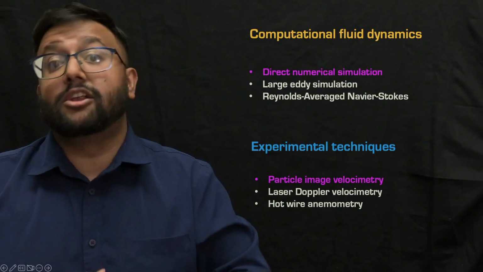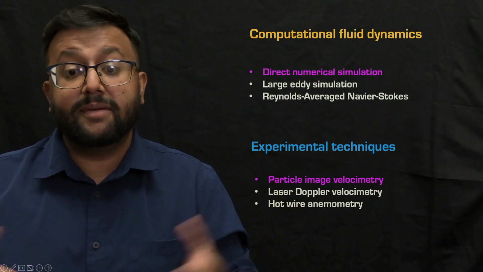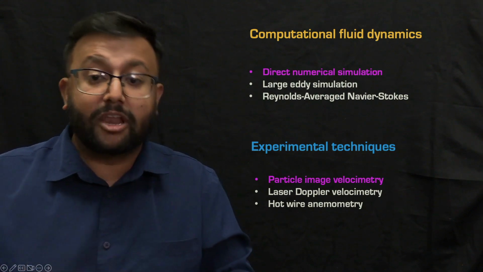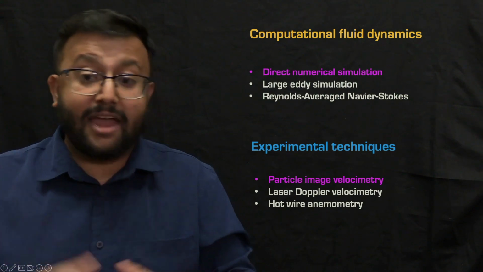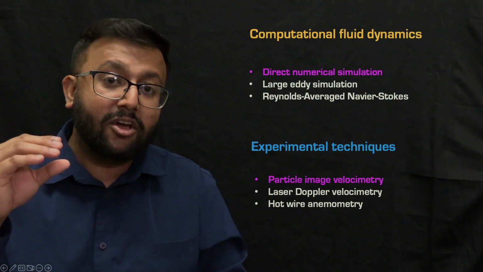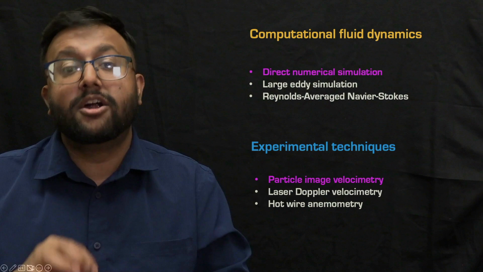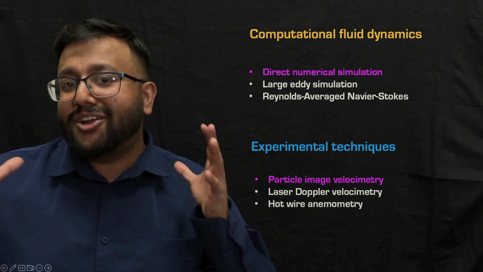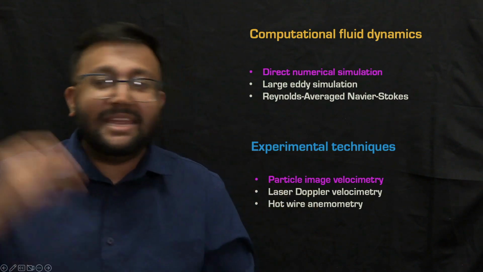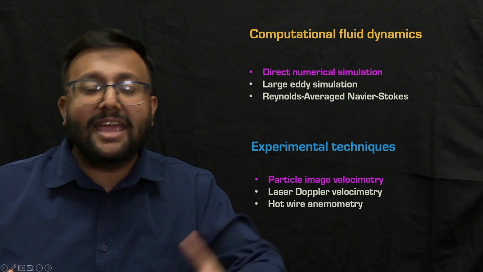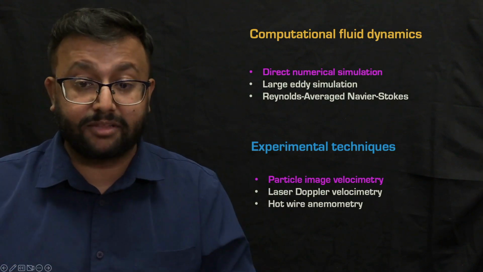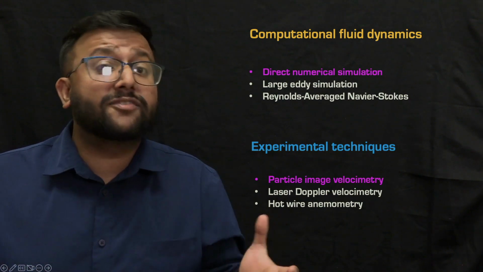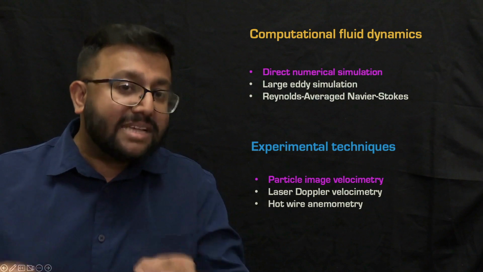Some other techniques include laser Doppler velocimetry, which uses a Doppler shift of laser beams to measure the flow velocity, while hot wire anemometry uses the cooling effect of the fluid on a heated wire to determine the speed. Now, both CFD and experiments are complementary to each other. In fact, we need experimental data to validate and verify some of the numerical algorithms. So they are both complementing each other in terms of the physics, and they have a lot of respective strengths. So they're best used together.